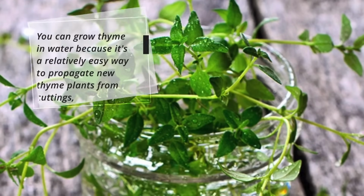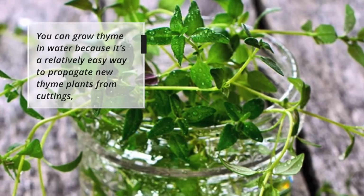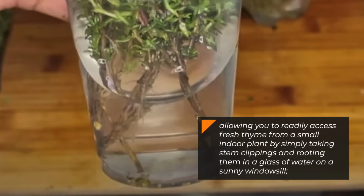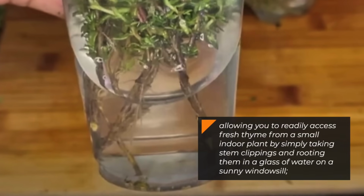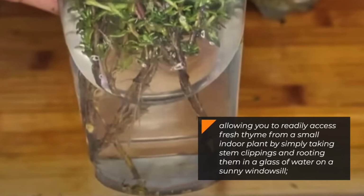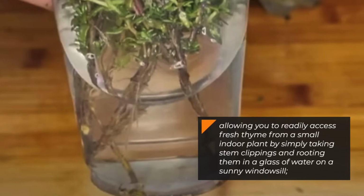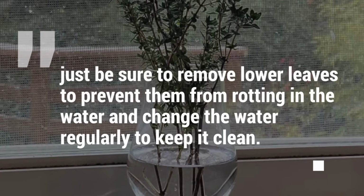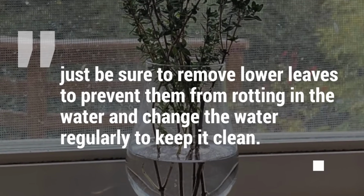You can grow thyme in water because it's a relatively easy way to propagate new thyme plants from cuttings, allowing you to readily access fresh thyme from a small indoor plant by simply taking stem clippings and rooting them in a glass of water on a sunny windowsill. Just be sure to remove lower leaves to prevent them from rotting in the water and change the water regularly